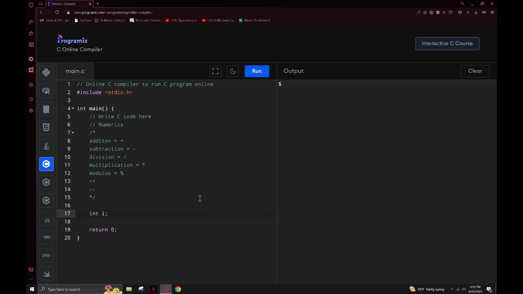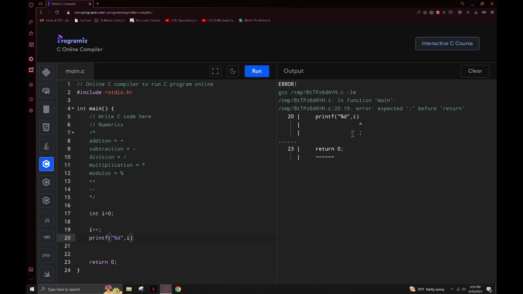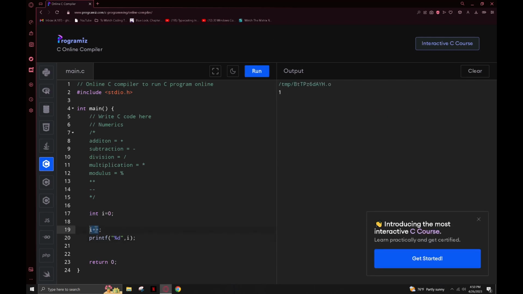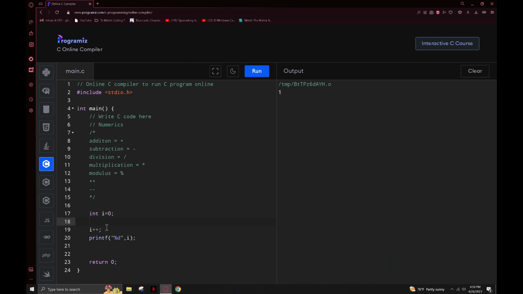int i, right? Let's do i equals 0. So what i++ does is, when I print i, sorry, semicolon, it prints 1. So what this does is it increments the value of i by 1. Now if I add this again, it will be 2. If I add this again, it will be 3. So this can also be written as